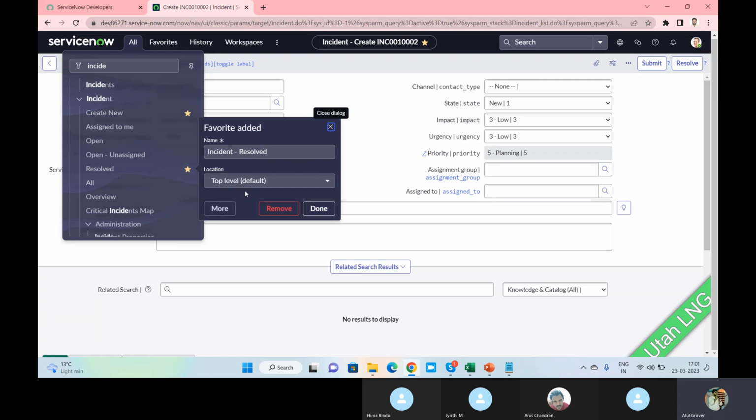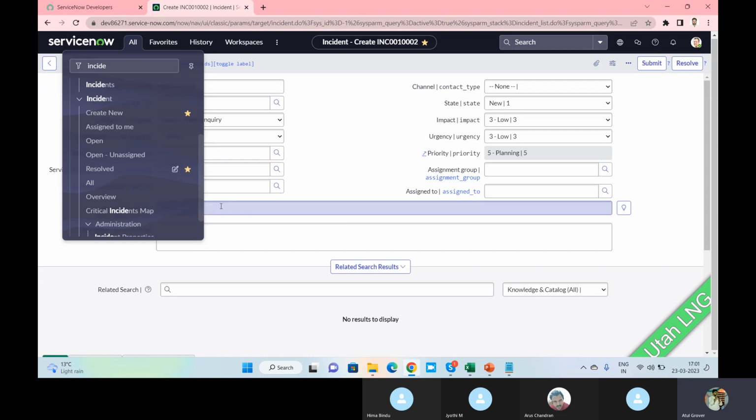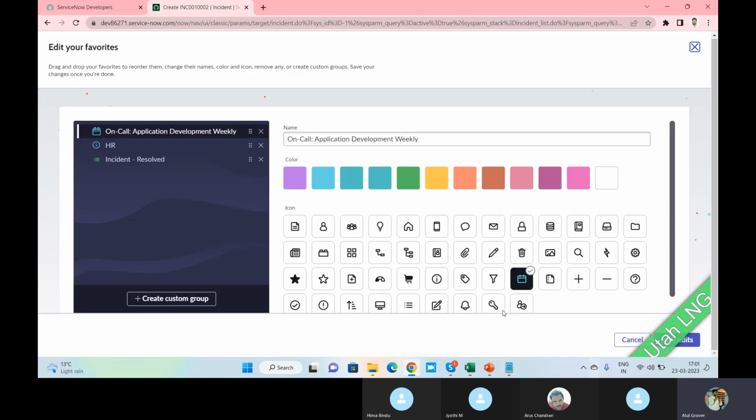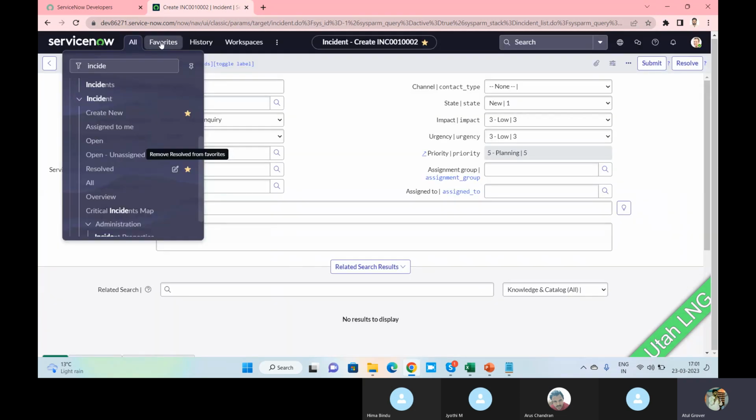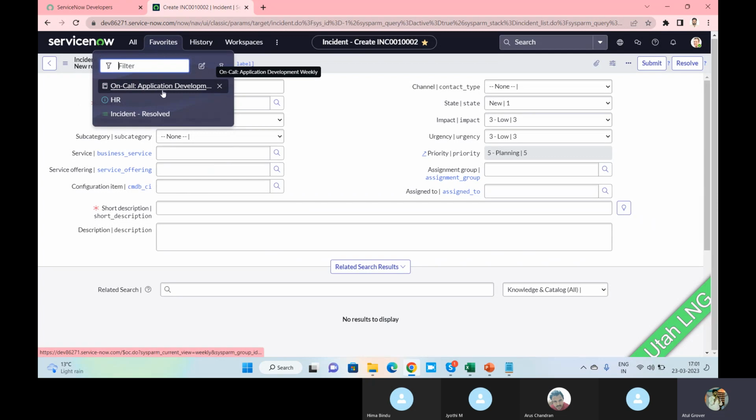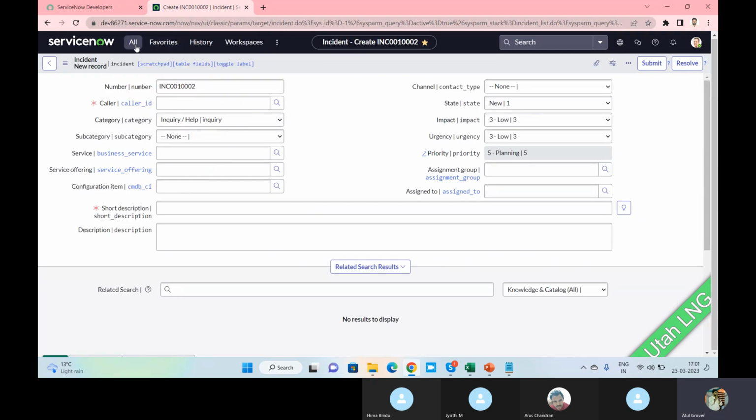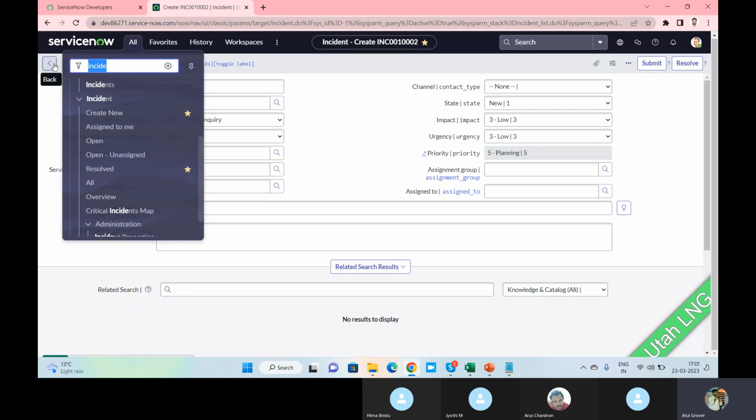Like I can say incident resolve, top level, yes, top level only. Want to see more? You can put colors as well. I want this color, Atul, I want this as well. Do it, submit. So now you can see this one. So we can make these favorites. And now if you search here,